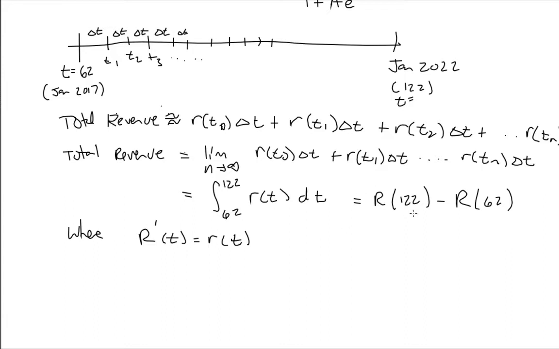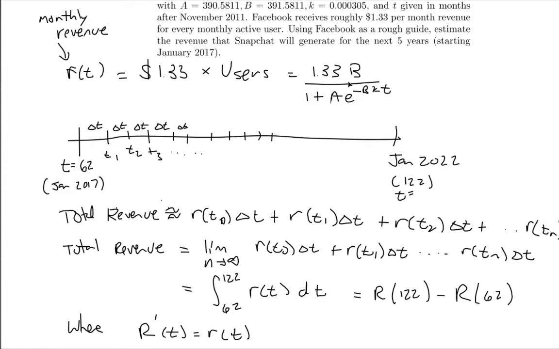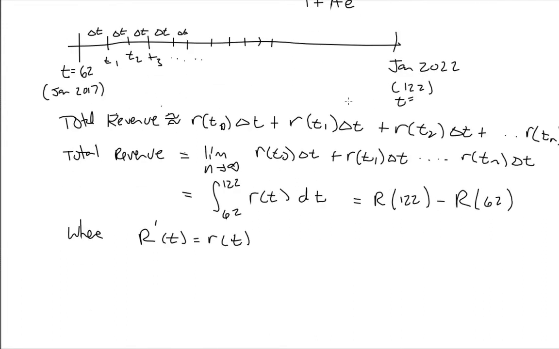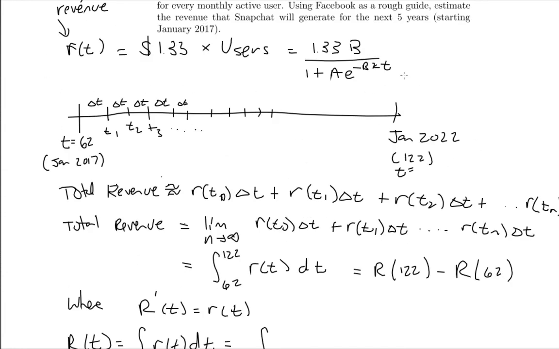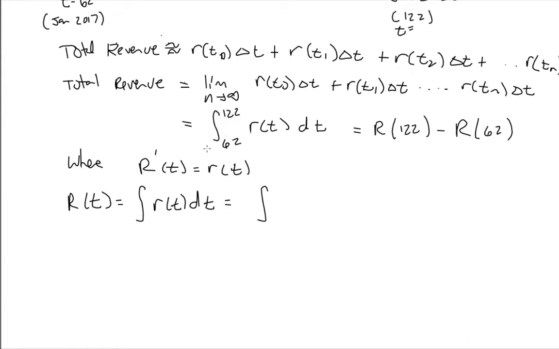So the only thing that remains is for us to figure out what this antiderivative capital R is, and then plug in our endpoints. If we look up here, this is our r of t, so we're going to have to calculate the indefinite integral of this thing. That's the only piece left in this puzzle. R of t is the indefinite integral of r of t dt, which is equal to the indefinite integral of this function here. This is our monthly revenue function, so this becomes